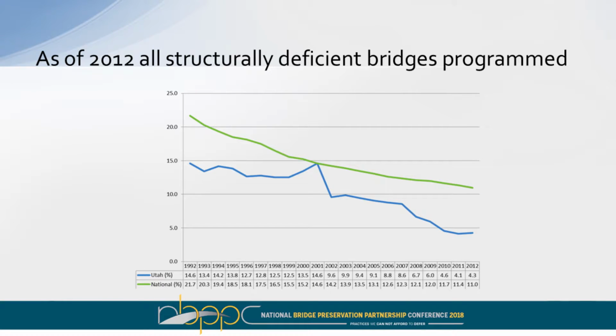But what we're seeing is, as we decrease our percentage of poor bridges, we're seeing our fair bridges climb quite a bit. This is our NHS system, and off the NHS we're seeing an even higher increase of those fair condition bridges. A lot of times our NHS bridges are getting covered in capacity projects and getting addressed maybe before they hit the poor condition, and so